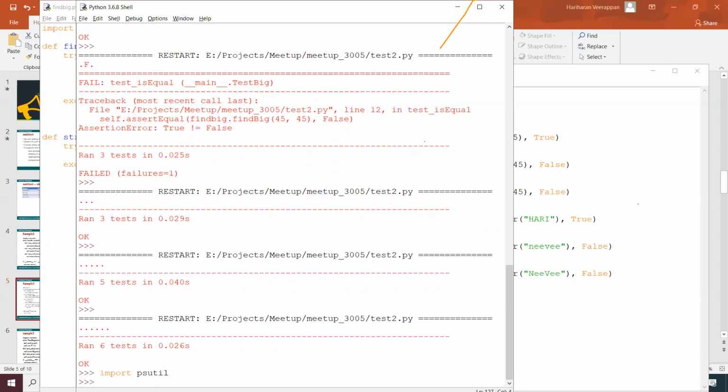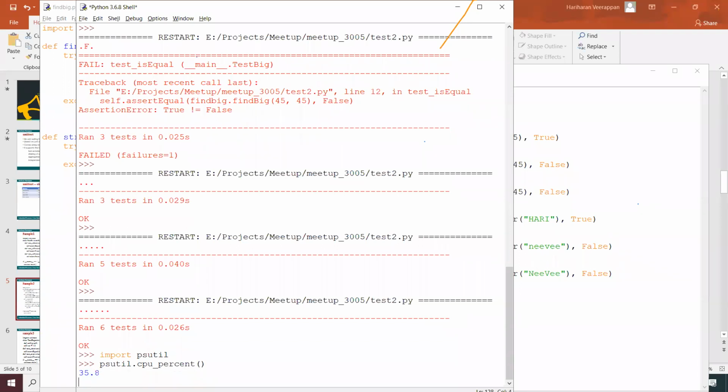For example, we can use psutil.cpu_percent, which provides the current CPU percentage. In case we wanted to test and confirm whether the CPU percentage is going beyond a limit, we can test that with this.